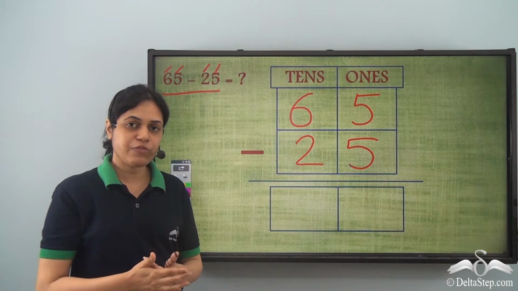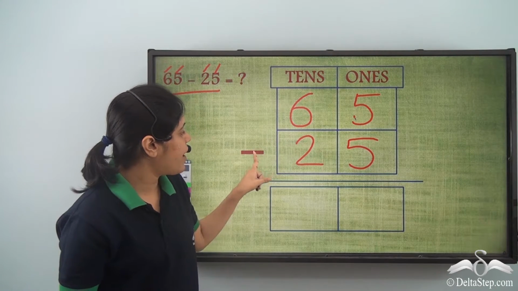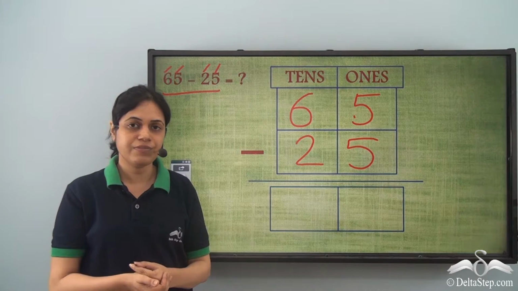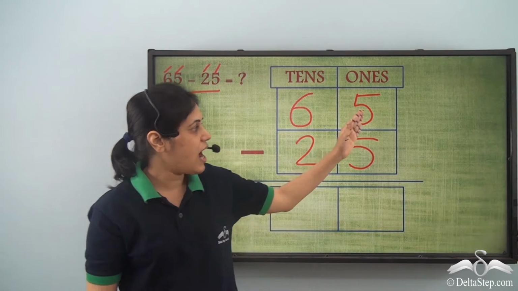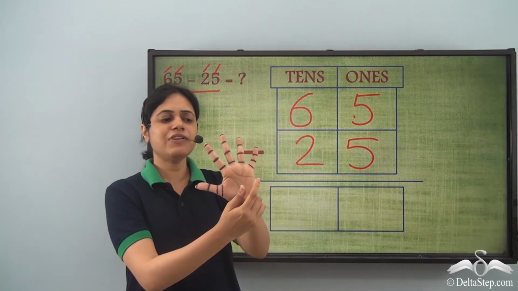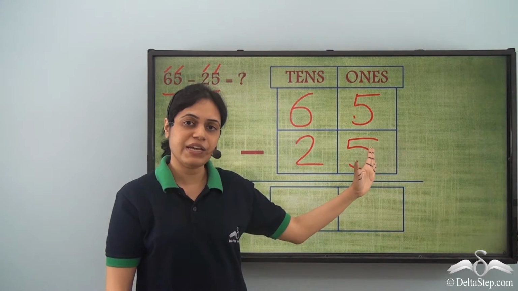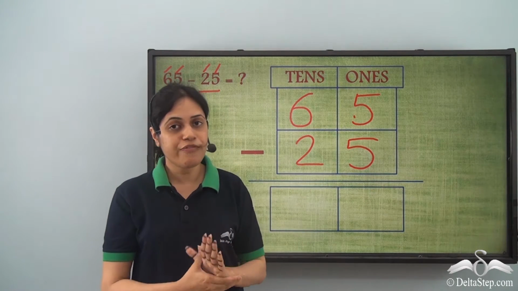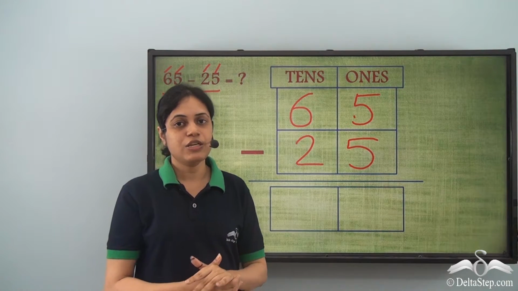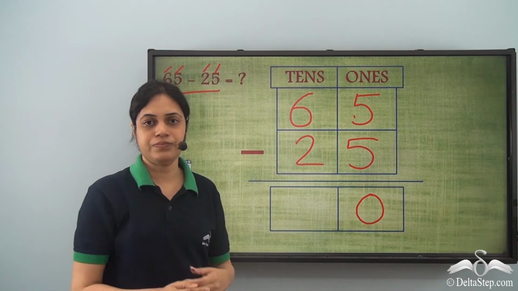First I will subtract which one? The ones room. So I have 5 minus 5. Now what is 5 minus 5? So I need to start after 5 and go up till 5. So I'll start with 6, but I need to go only till 5. So there are no finger marks that I need to count or 0 finger marks. So 5 minus 5 is 0.